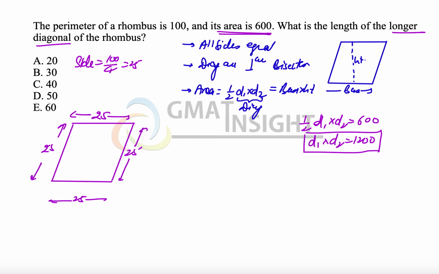So I'm going to use another relationship. That means base multiplied by height is equal to 600. Now I'm treating this side as the base. We know the base is equal to 25, so we can at least calculate the height here. The height becomes 600 divided by 25, which is equal to 24. Now let me quickly draw the height here, 24. So this red line that I'm drawing, which is perpendicular to the base, has a length of 24 units.